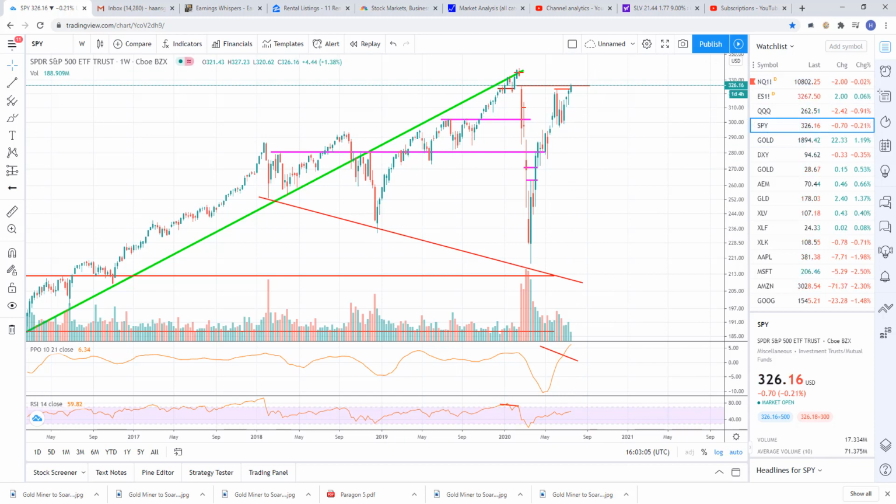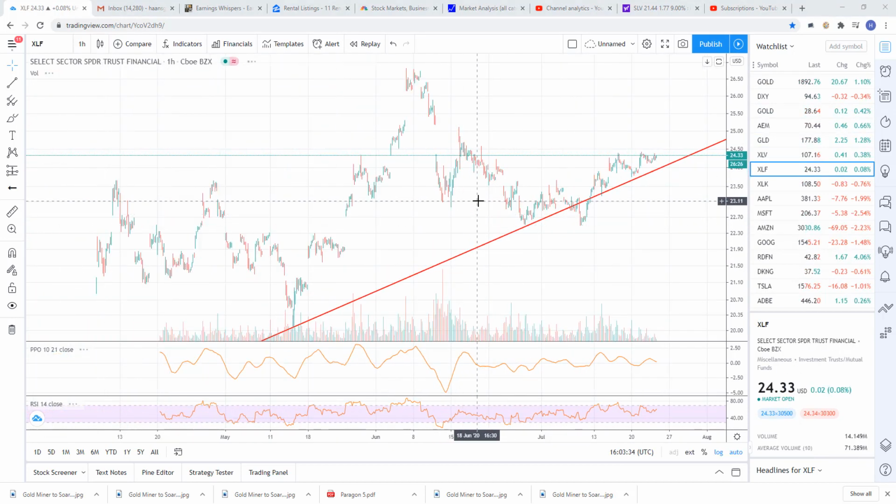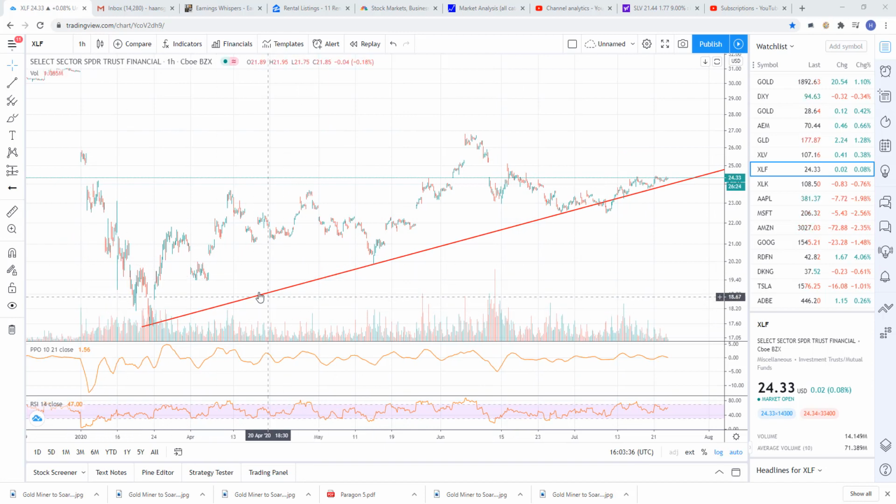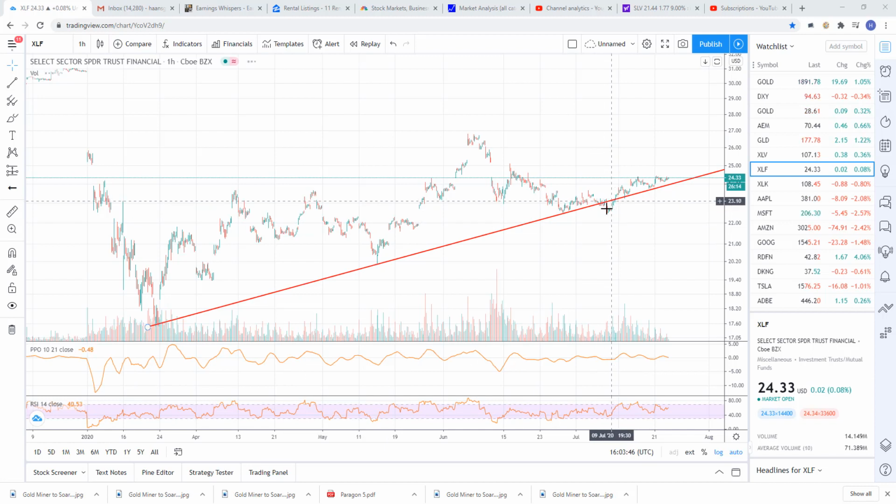Let's move on. Let's look at the financial sector here, XLF. This is really weak price action, guys. What I'm seeing here is, look, here's your support line, and we had a false breakdown right here, but look at the recovery and look at what the price action is doing. It's just grinding along the support. It can't find any bid. This is where you have strength, when you touch support and you bounce off.